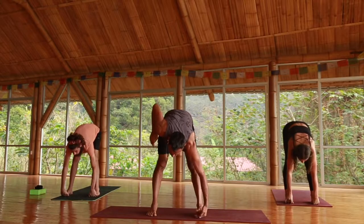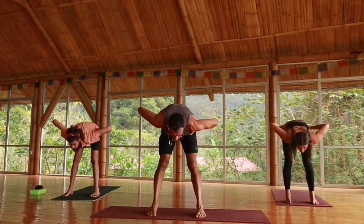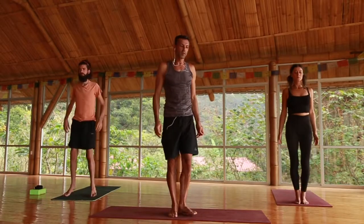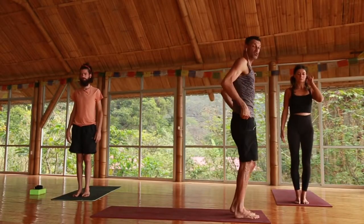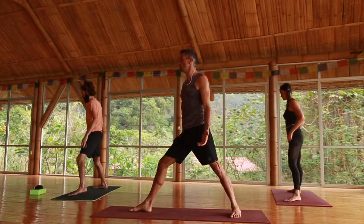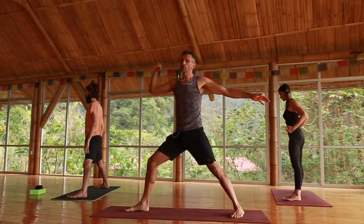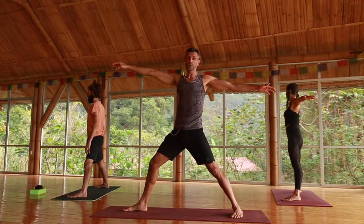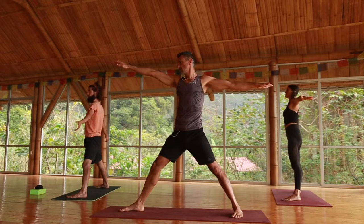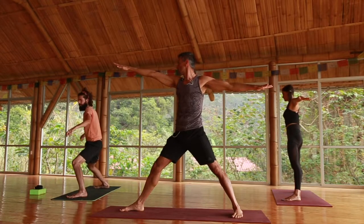Exhale, bring the hands to the hips, come halfway up. Inhale, rise all the way up. Samastitihi. Beautiful. Trikonasana. We'll do Ashtanga style today, so open the right foot either to the back of the room and face the back, or if you're wanting to stay in front of the screen, you can stay facing forward, arms up. Then if you want to see me, you can face the front, so you can be the regular